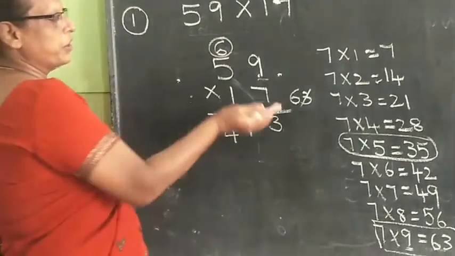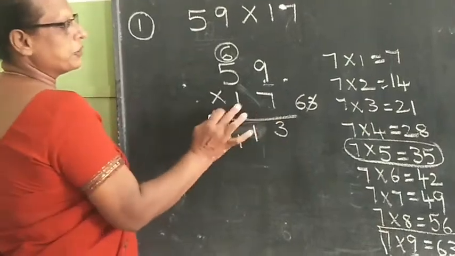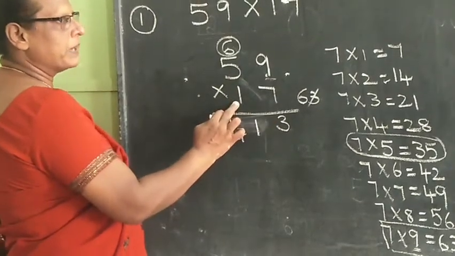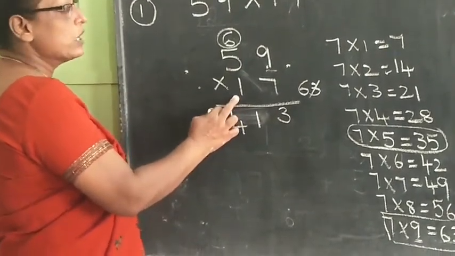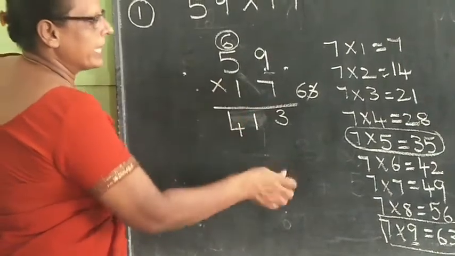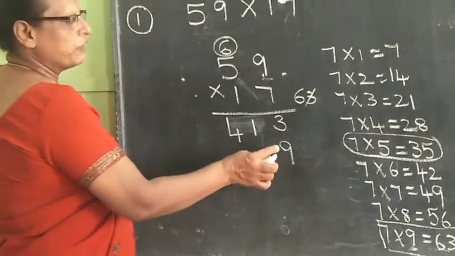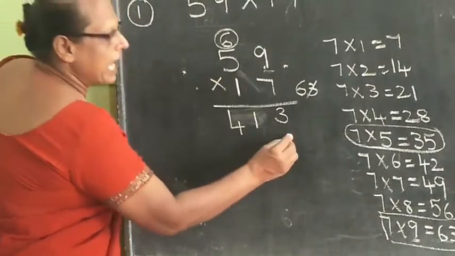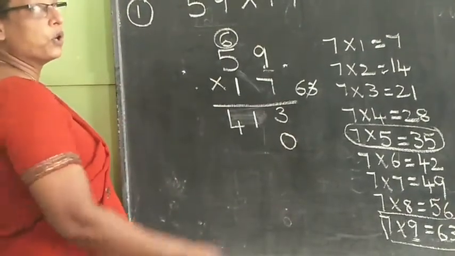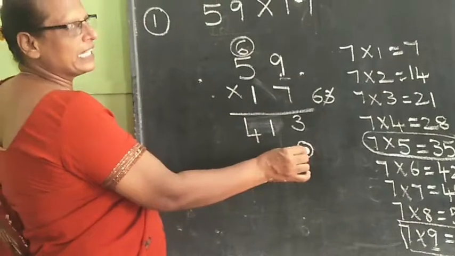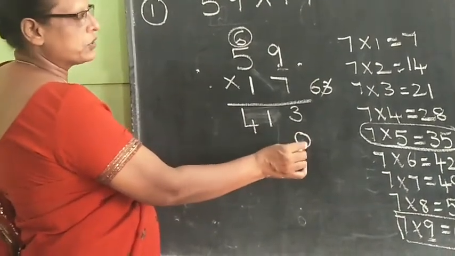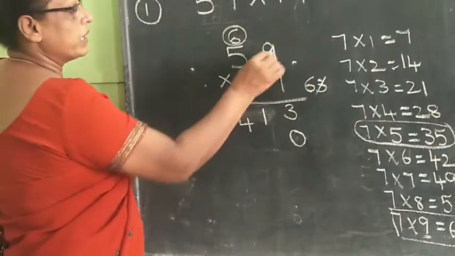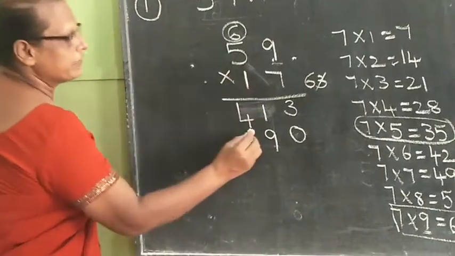Okay. Now when you come to the next, see, it is a 2-digit number, isn't it? First we have to multiply by the 1's column and then by the 10's. In the 10's column, 1 is there. So when you multiply, can you write 1 9s are 9 like this? No. If you write like this, it is wrong. Because it's 10's, you have to add a 0 here. If you do not add the 0, the sum will be wrong, children. So you have to put a 0, because for 10's, a 0 will come. So 0. Then 1 9 is 9 and 1 5 is 5.